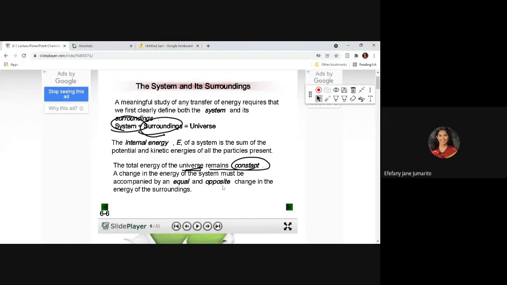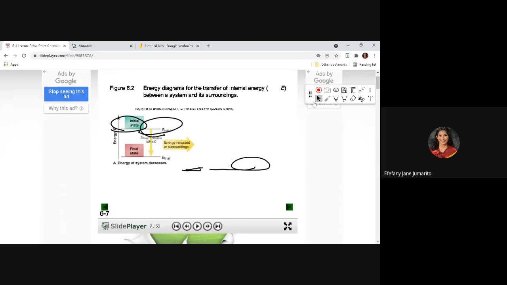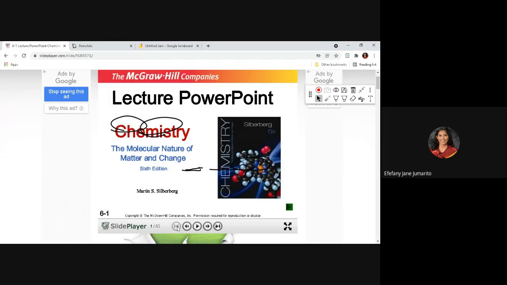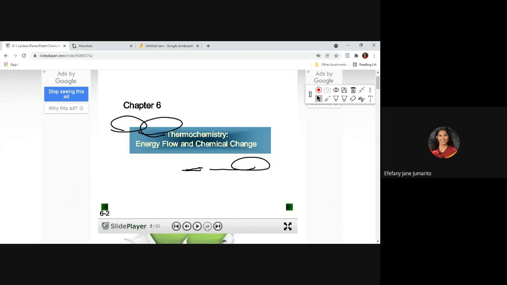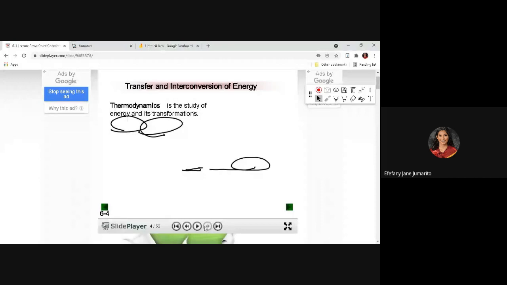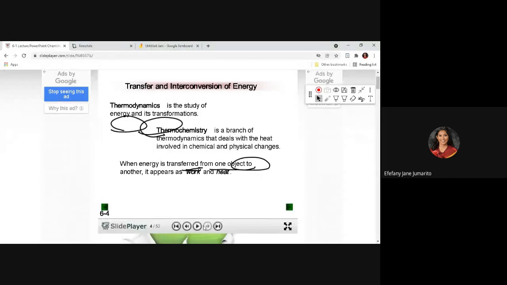Okay. All right. So we have that one. The total energy of the universe remains constant. So energy, this one supports the idea that energy cannot be created nor destroyed. So the amount of energy is equal, just that energy can be transferred from one place to another